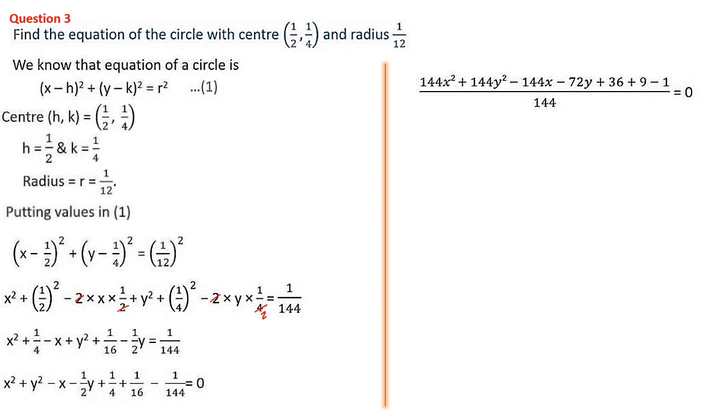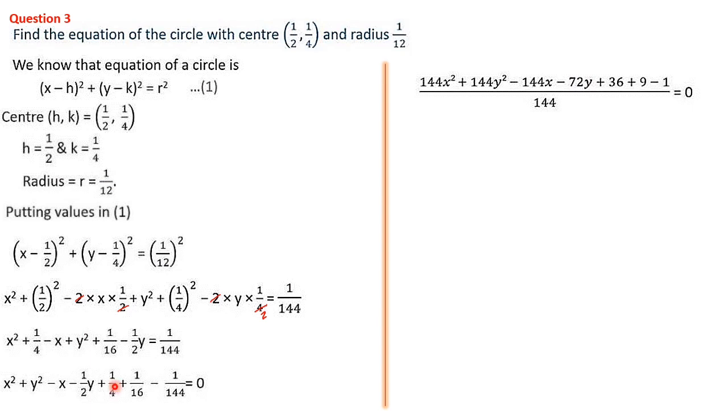Next, when we check the denominator, the LCM of the denominators is 144, that we have taken. As you see, the first term, second term, third term, these three terms have no denominator. That means with the common denominator 144, we have to multiply 144 into x square, then 144 into y square, and minus 144 into x is written. Now here the denominator is 2. So when we divide 144 by 2, we get 72. So you have to multiply that here, so 72 into y is written.